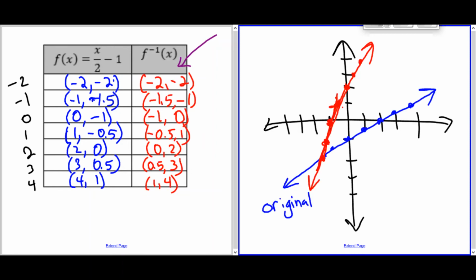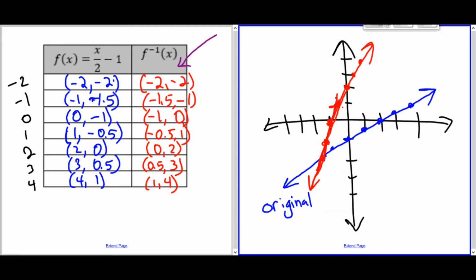So if you try this, my graphs don't look the best, but you kind of see the idea of this. They're both supposed to be linear lines. It just has to do with how I spaced everything. Really, this red line would look a lot nicer if it went more like this. So if it went more like that, it would be a little bit nicer of a line. The purple is sort of what the red line should look like, but again, I'm doing this without graph paper, so it's a little bit harder. So this would be your inverse and your original